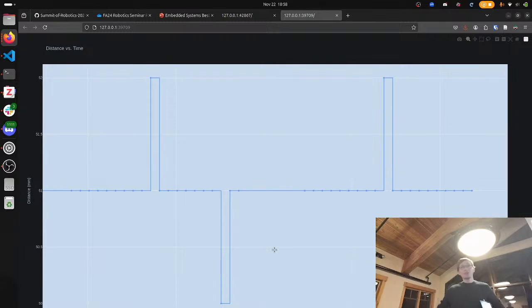Now obviously 10 hertz is pretty slow. In theory we could drive this much faster. It was running at 1,000 earlier. So part of that trick and part of what the other bonus challenge is, is to find how fast can we really measure this for some fixed distance that you're testing out.